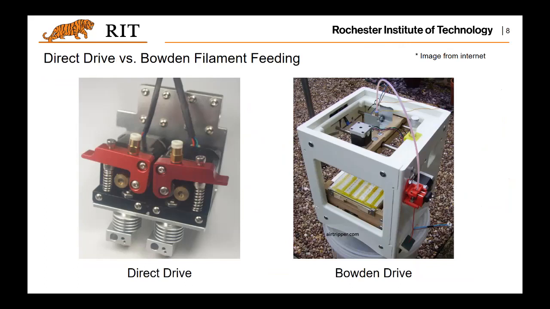One is the so-called direct drive. For the direct drive, this filament feeding area is combined with the hot end, right? That's the direct drive. Also, there's a so-called Bowden filament feeding. So here, that's the filament feeding mechanism, and here is the hot end. So these two parts are separated. The benefit of having this separated hot end and filament feeding is,